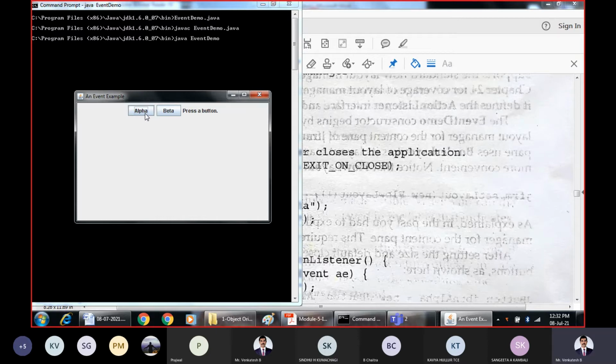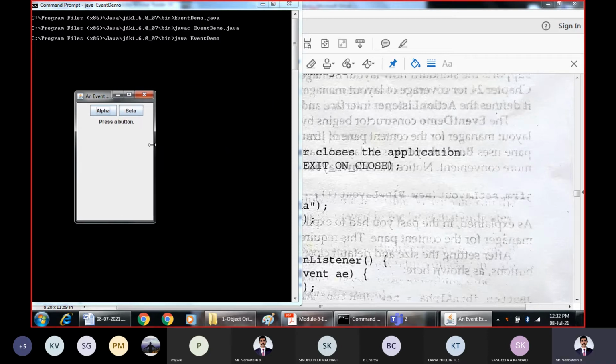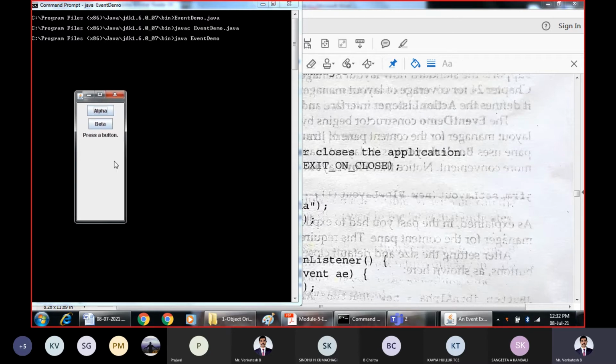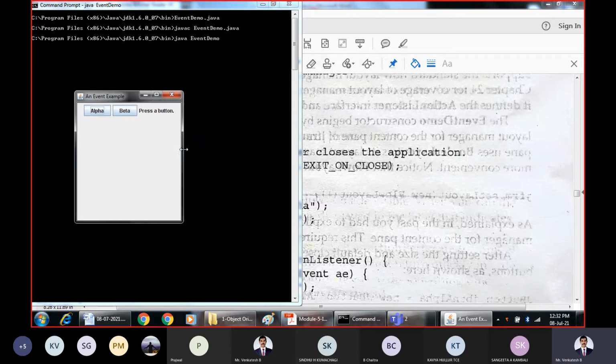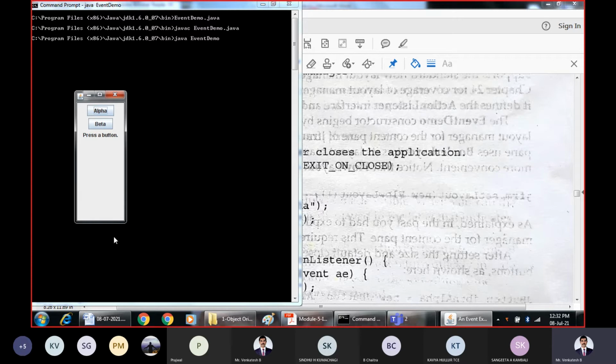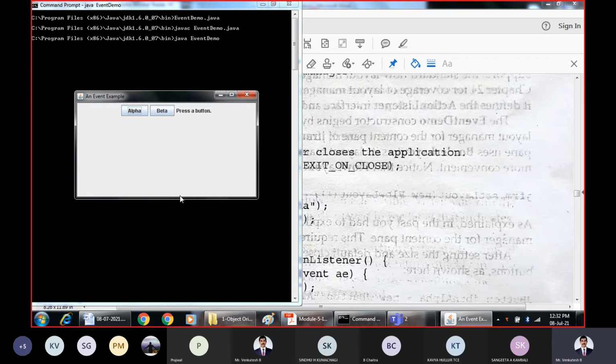And then we have created two buttons, alpha and beta, and we are giving a message to the user saying press a button. If you shrink it, that text will come below. So dynamically it will adjust itself, and the buttons will come down, based on the display area.